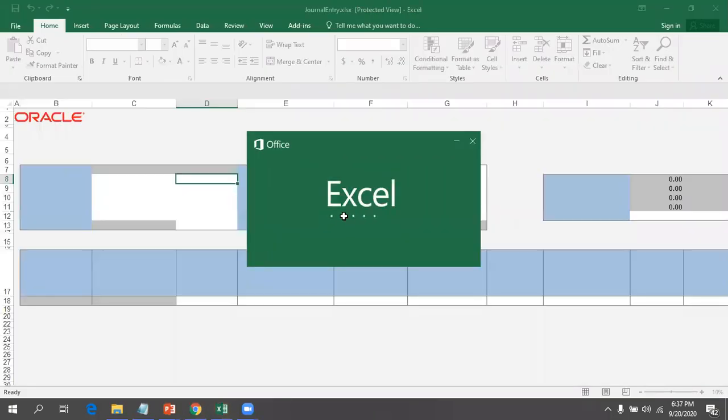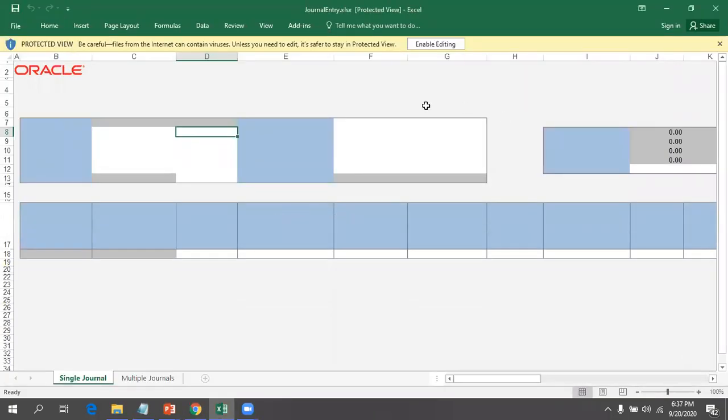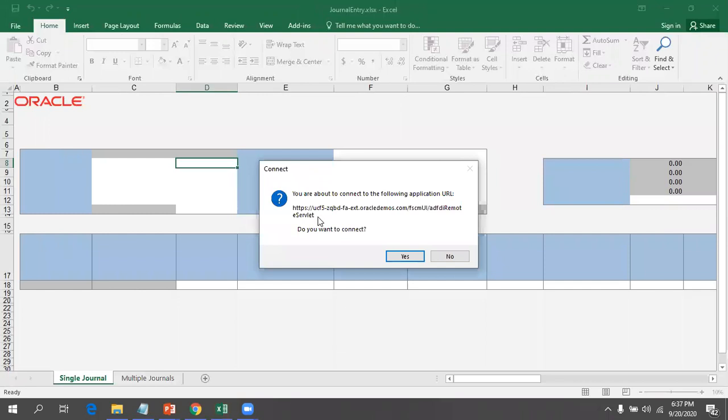This is the first time I'm opening this particular new sheet which I downloaded. Click on Enable Editing first of all. Can you see here, it is clearly saying that it wants to connect to a particular Fusion instance. The Excel sheet which I downloaded from a respective instance will connect only to that instance. So for every instance on which you want to perform ADF-DI, you always have to download the latest sheet from that particular instance.